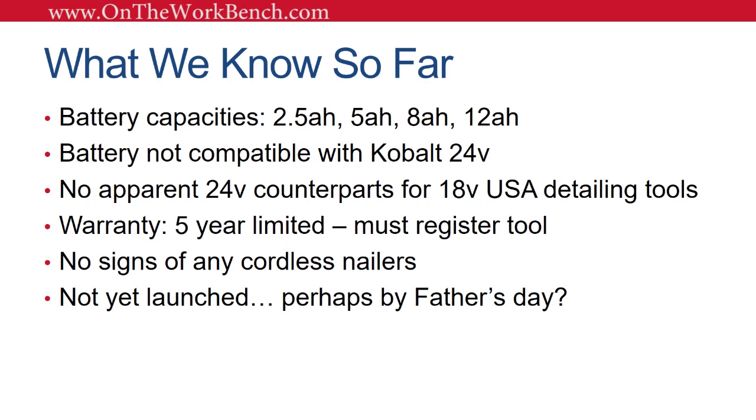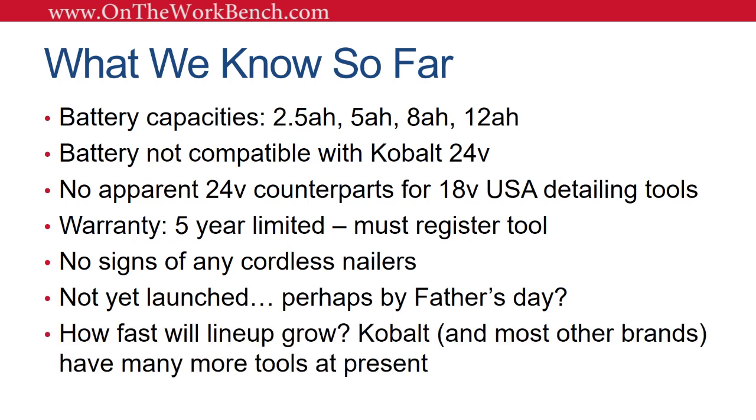And the final issue that I question is, so far, this lineup looks interesting but small. Most other brands have much larger lineups, and I think investing in a lineup is both about the existing tools that are out there and what's to come that may meet your future tool needs. And a small lineup that is not fully complete doesn't quite invite the same confidence as you see from the posters from whether it's DeWalt or it's Makita or Milwaukee that advertise the sheer size and expansiveness of their lineup,